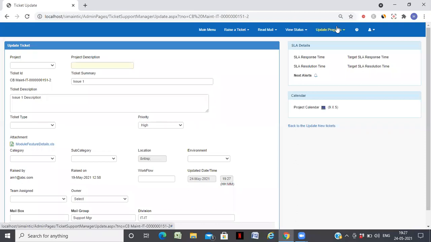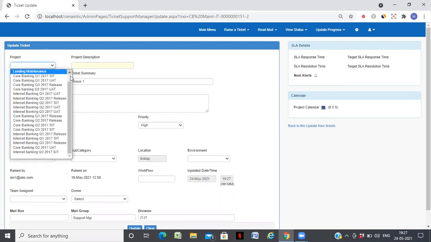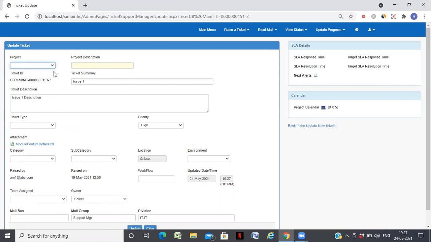You can see here the summary of the ticket and the description of what was reported. As a support manager, I can say this belongs to this project. And I can tell what the ticket type is, whether it's an incident or what.